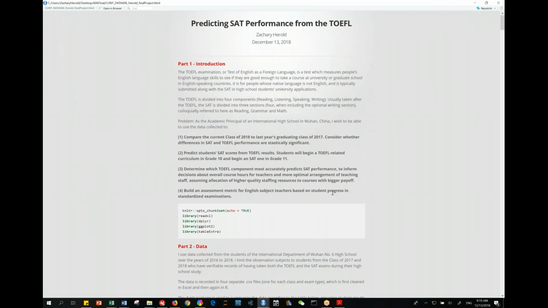Basically, I wanted to share this because it's more related to education, and I figured that some of the open intro questions, most of them have been taken. I work as the academic principal of an international high school here in China, and it's interesting that I'm able to get data sets of students' standardized exams. For these Chinese students who are applying to American universities, they all have to take the TOEFL and the